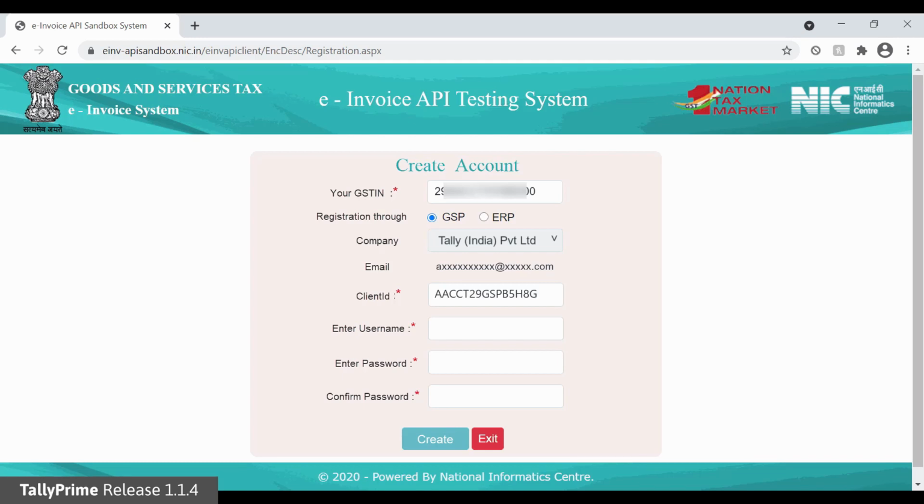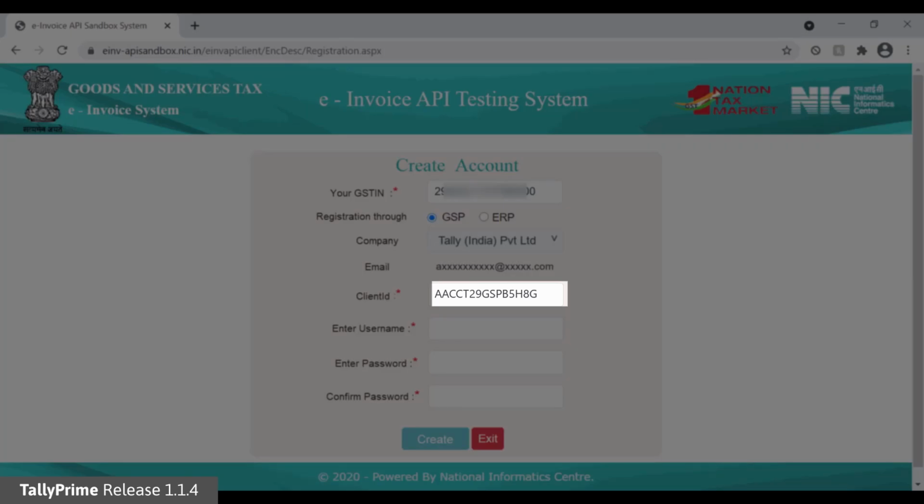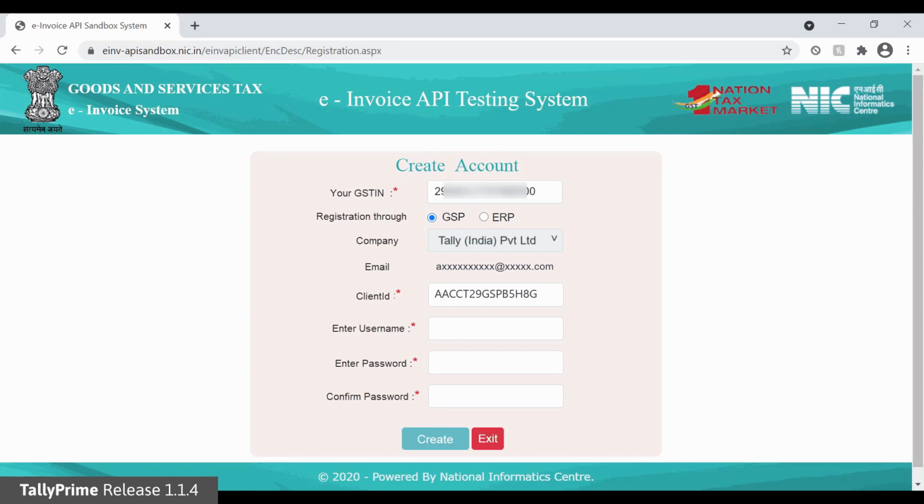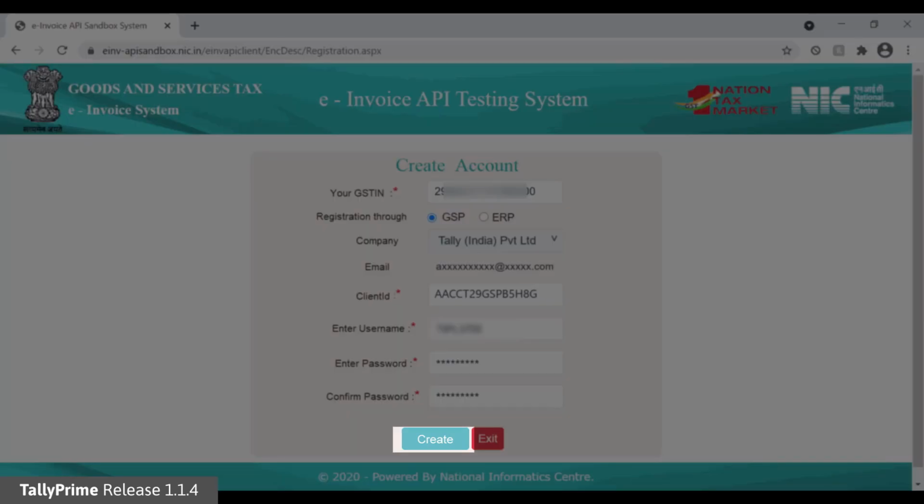Under Click ID, you will need to enter the ID that you can see on the screen. Now, enter the username and password that you want to set as your sandbox credentials. Confirm password and click Create.